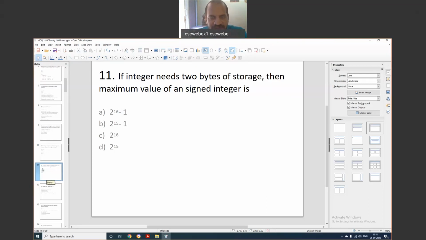And the smallest value is minus 2 power 15, which is minus 32,768. You know why we got 768 on the negative side? There is no minus 0. Instead of minus 0, minus 32,768 will come to us. Otherwise positive 0 and negative 0 would both be there. All other numbers will have positive and negative forms. Minus 1 will be there, plus 1 will be there. Only 0 has no negative, and it will be treated as a positive number.